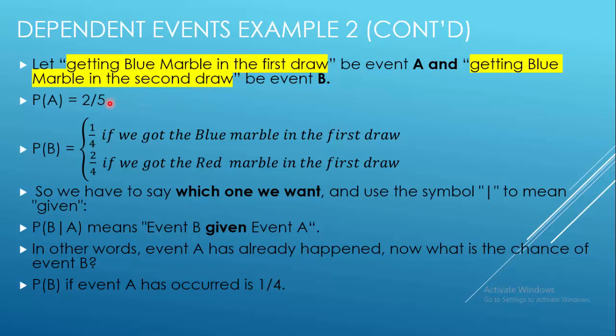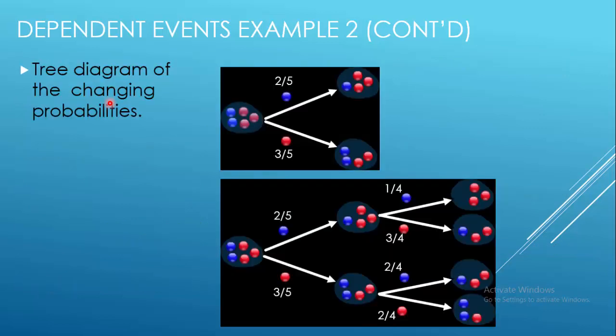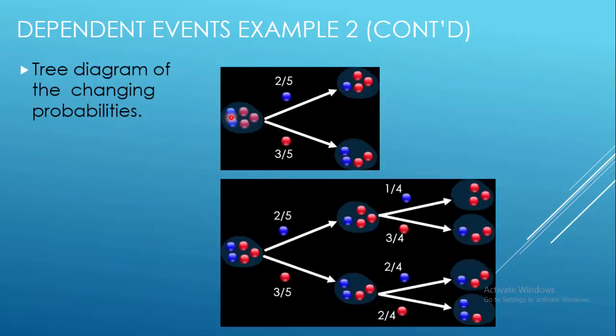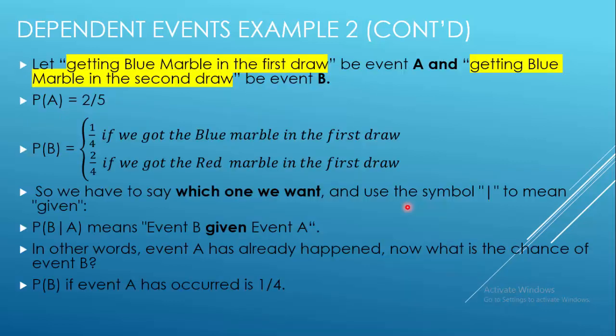So in the first draw, as we know, the probability of getting the blue marble is 2 by 5. That is fixed because it doesn't matter whether it is the first draw. So it is independent. It only depends on the number of blue marbles in the bag. So it is 2 by 5. But in the second draw, as we have shown over here, if you got a blue marble in the first draw,